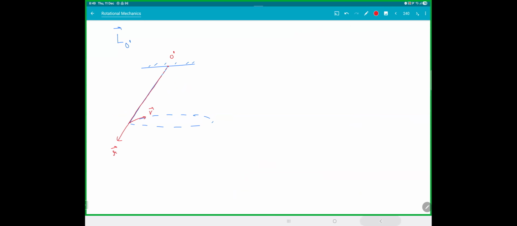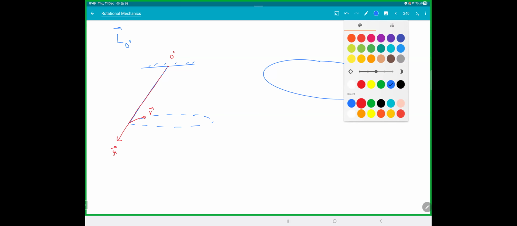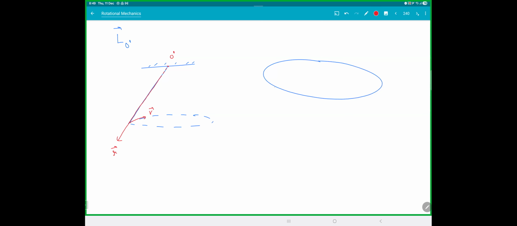So if I try to show you this, at any instant, you have R bar like this, and you have velocity V bar like this. So if you take R cross V bar,